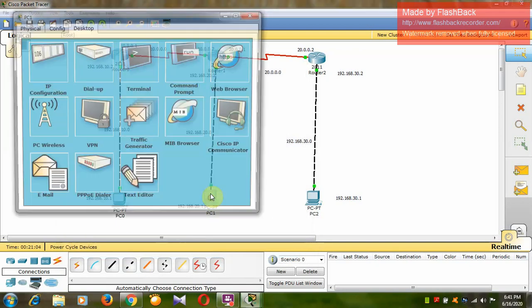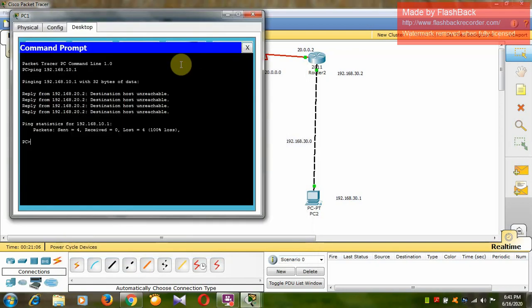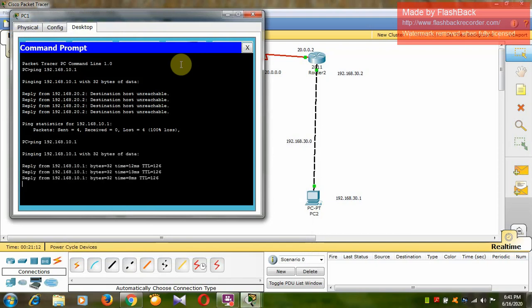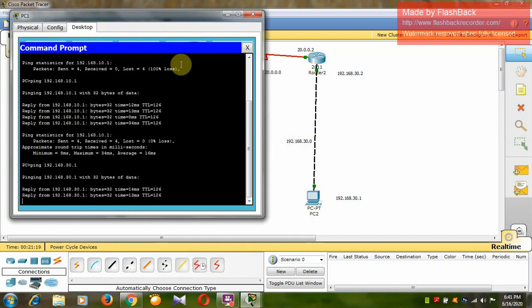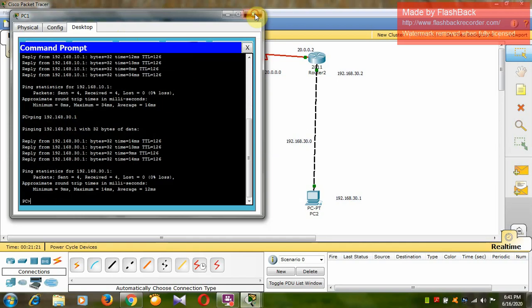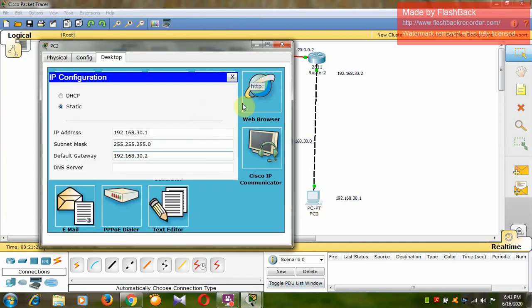Now I'm going to ping from PC 1 to other networks, 192.168.10.1. So you can see here we are getting the reply. Okay, similarly I'm going to ping 192.168.30.1. So again we are getting the reply from this PC also. Okay, now check it with this PC.